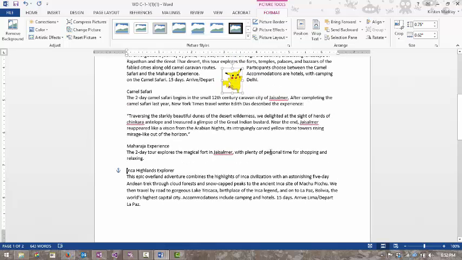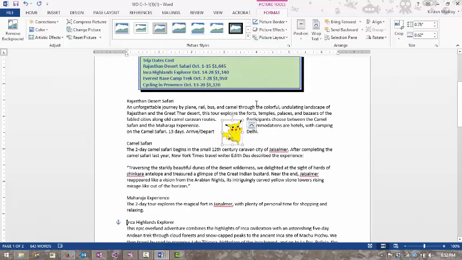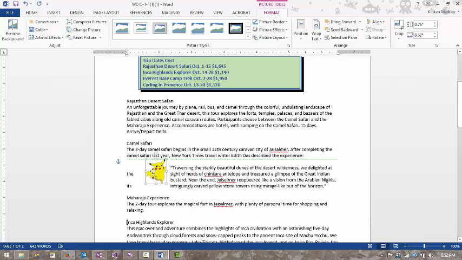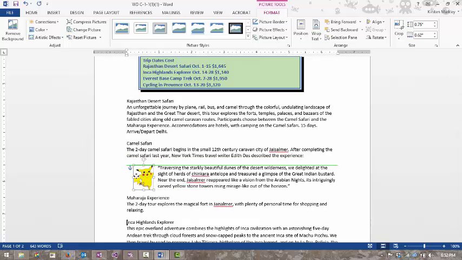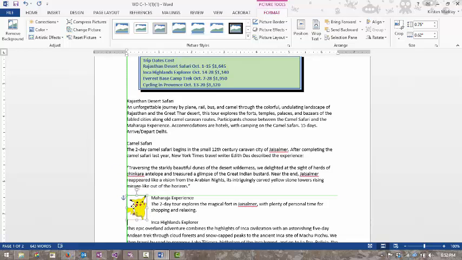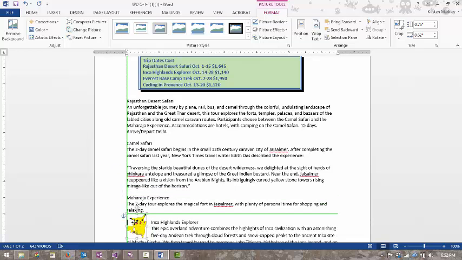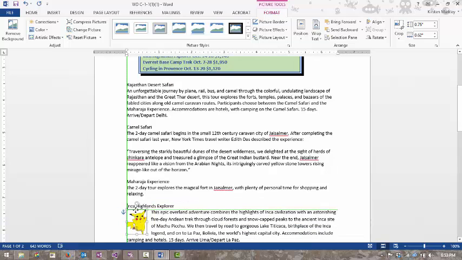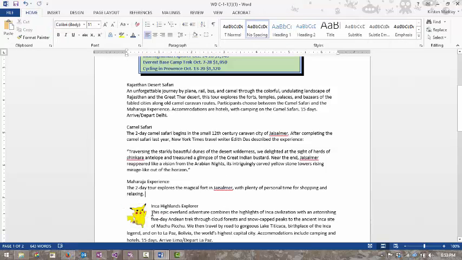Well, Pikachu went to the very middle of my page, and all the text is now surrounding Pikachu. But I didn't want Pikachu here. I wanted Pikachu down here with the Incas. So I'm going to get my mouse over the Pikachu. I get the four-headed arrow. I'm going to click and drag. You see, a little bit different. No longer do I have that black bar. Now Microsoft is trying to arrange the words around my Pikachu. So I'm going to put Pikachu back here in front of the word Inca, and that looks a little bit better to me. I'm going to click away to unselect it, and now you can see that the text is flowing around my